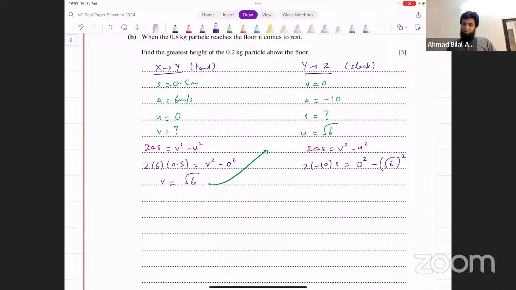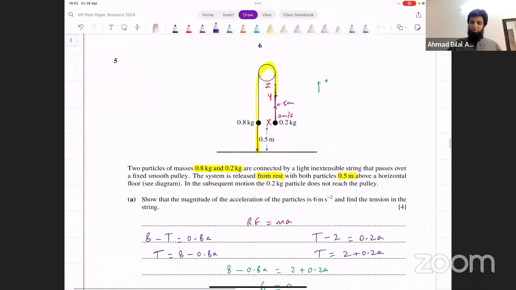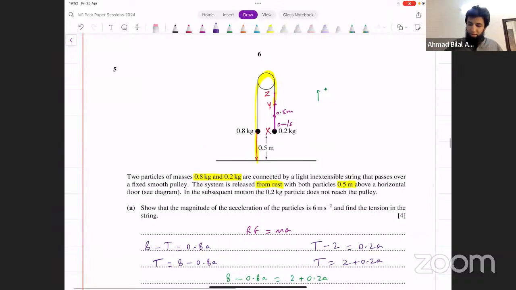6 divided by 20, and that's 0.3. Displacement here turns out to be 0.3. That means from y to z, the length is 0.3. Okay, so now we know that this distance is 0.3, then this distance is 0.5, and then it was already